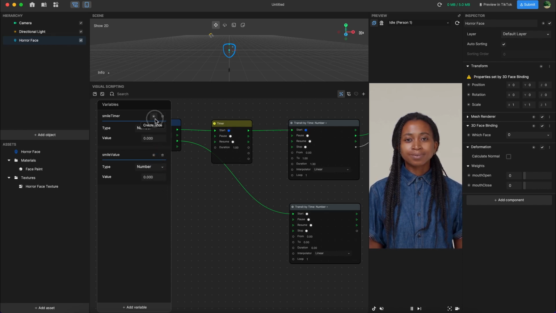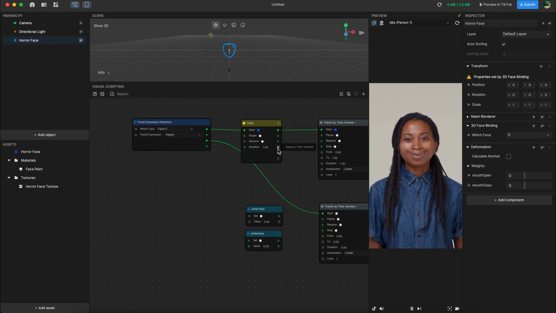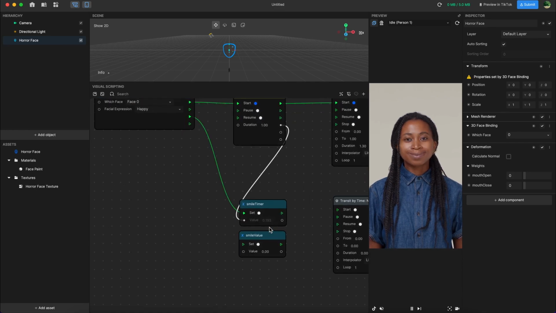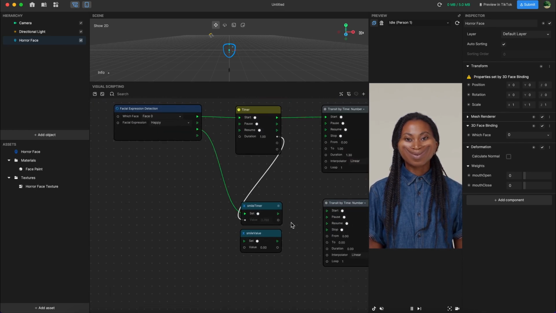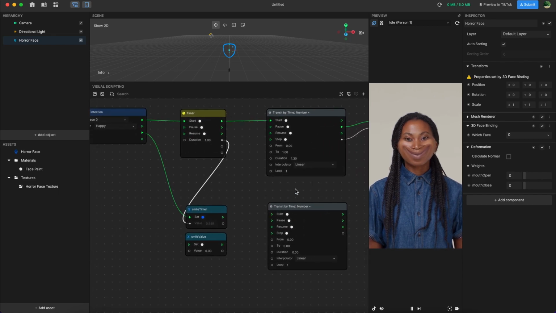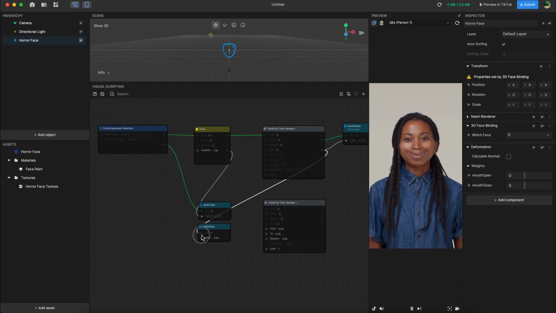Sweet. I'm going to press set variable for both of these, and now we have those two variables. So when the user stops smiling, we want it to store the value that the current elapsed number of the timer is. So it looks like that's working pretty well. We can see that it's live updating in our visual scripting graph. We also want to know the value of the smile when the person stops